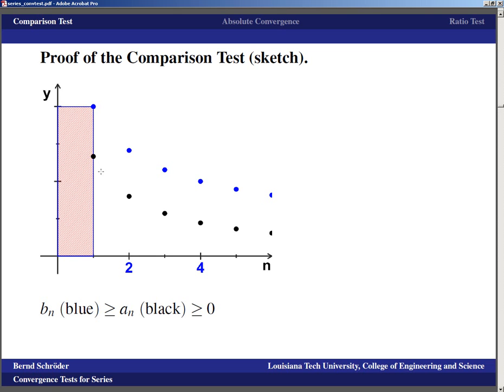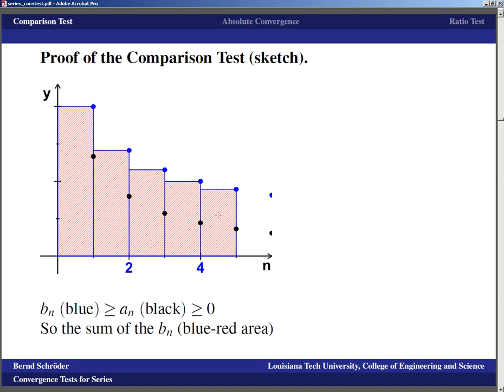If we're now interested in the series, remember that the series is the sum of these rectangles that we erect with width 1 and height being the value at 1, the value at 2, the value at 3, and so on. So the sum of the b_n, which is the blue and red area that is aggregated from all these rectangles here,